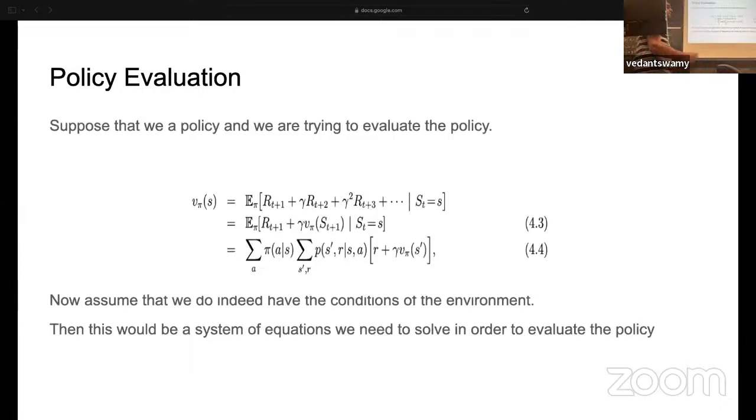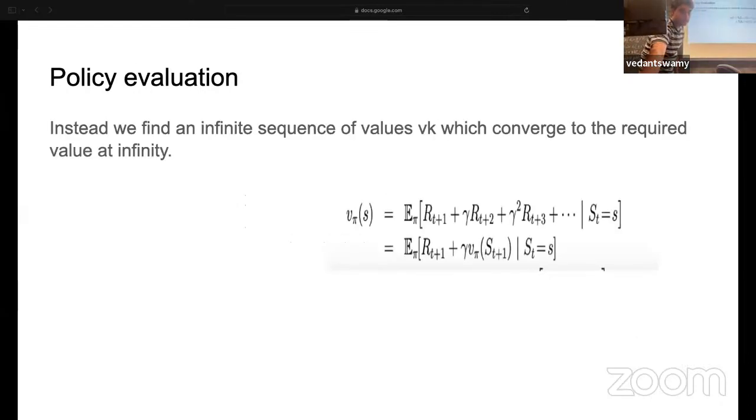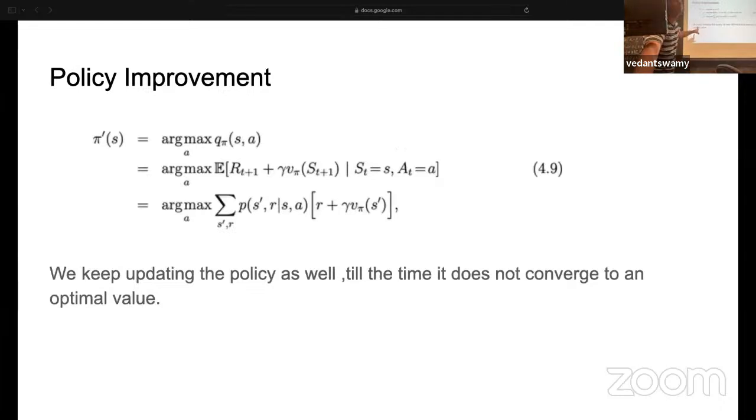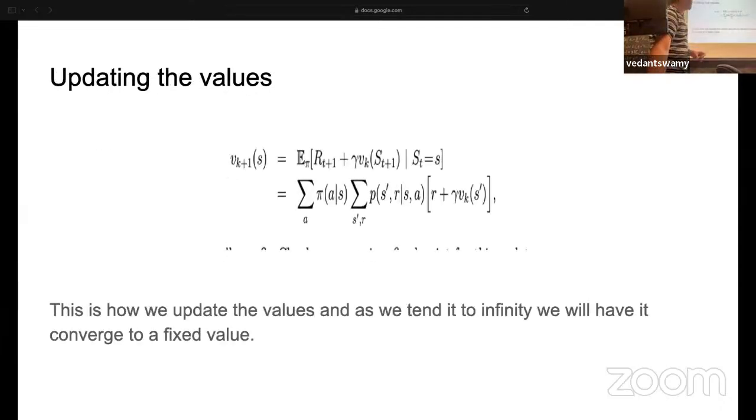So there are two tasks in this case. There's policy evaluation, and then there's policy improvement. So we have a previous policy, evaluate the policy, generate a new policy which provides a better policy evaluation, and we perform this iteratively till we get a fixed point for a policy. So to understand this policy evaluation,